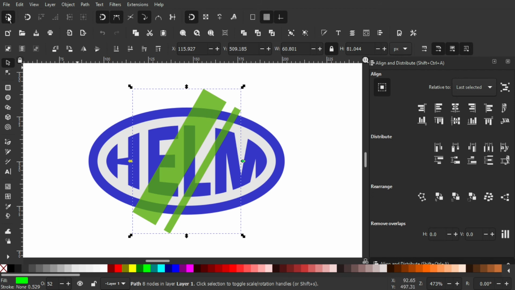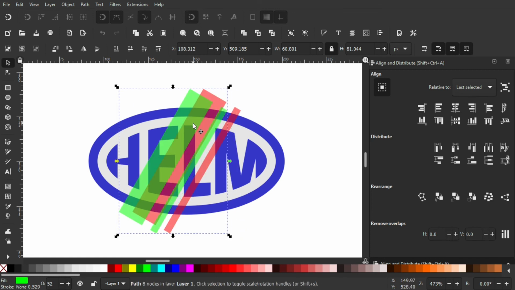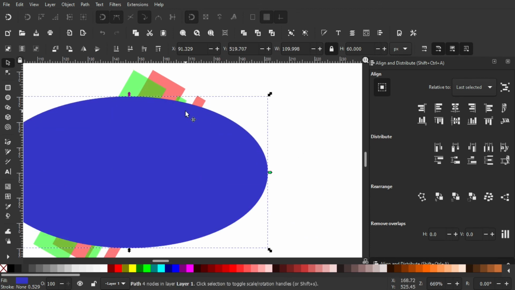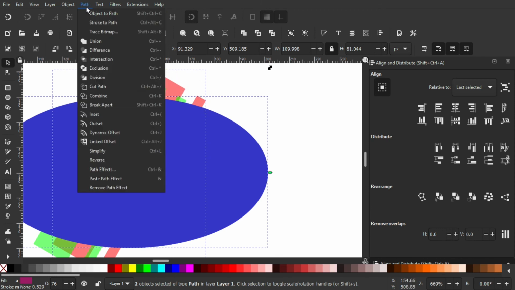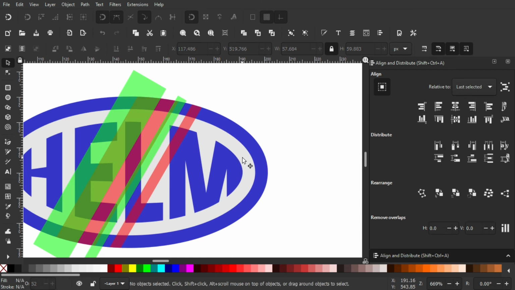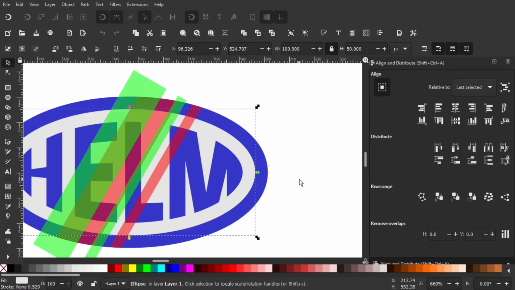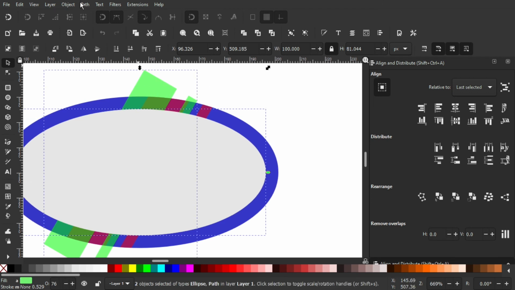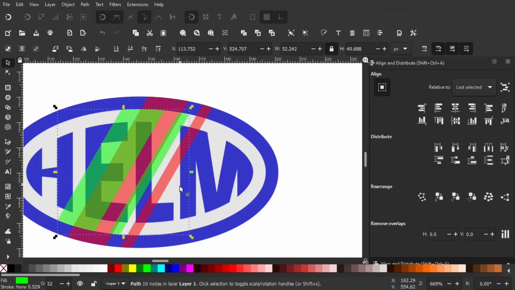I'm just gonna turn off the snapping because it will get in the way. Hold Control, drag it to the left like this. There you go. And I'm just gonna select this border behind it. Control+D to duplicate that. Hold Shift, click on this red object, go to Path, Intersection, and with this gray oval, Control+D, hold Shift and click on this green object, go to Path, Intersection, and